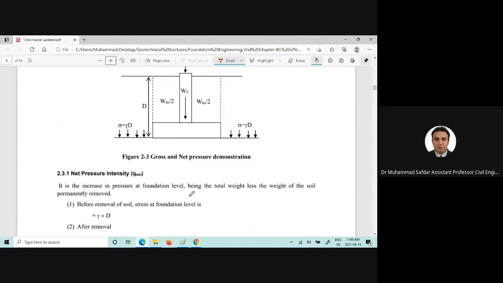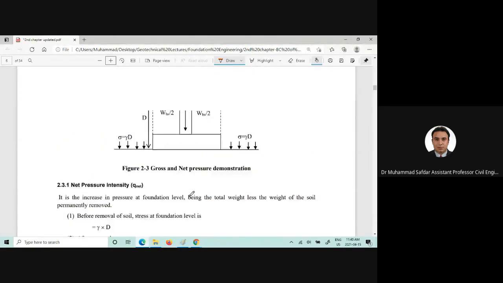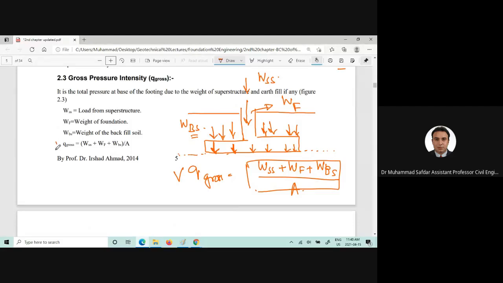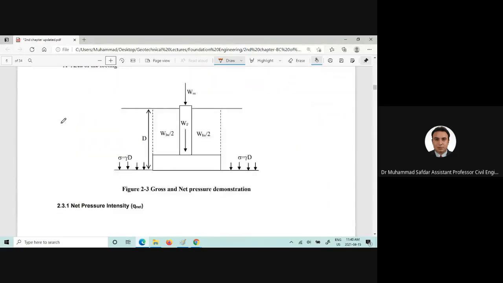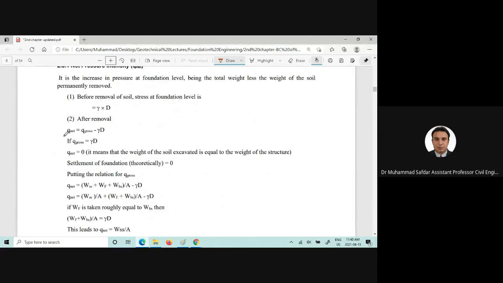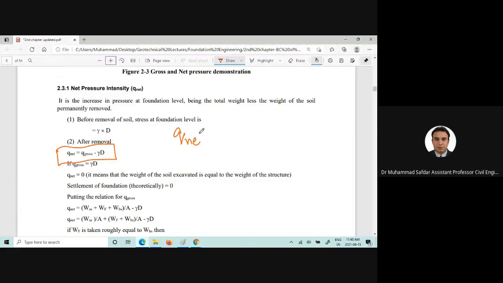and that will be known as the gross pressure intensity. Now, in order to understand the net pressure intensity, please kindly note down that equation because it will be used in solving examples and problems, which can also be used in exams, assignments, and quizzes as well. Now, there is another important equation which you can note down, this one. So, if you are asked in the exam to find out the net pressure intensity or the net bearing capacity, you will first find out the Q gross, which is weight of superstructure, weight of foundation, weight of the backfill soil divided by area,